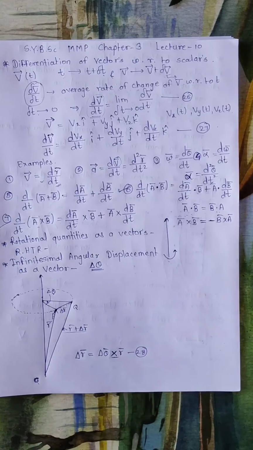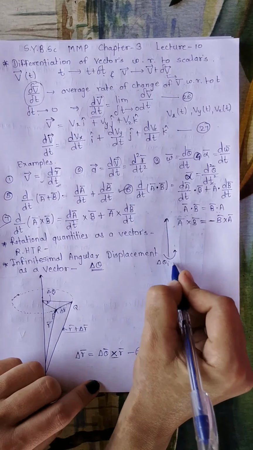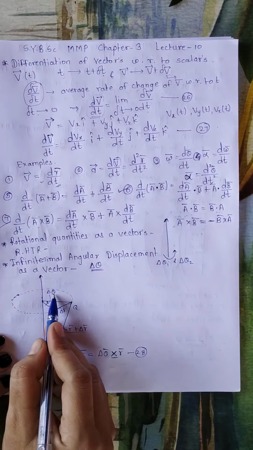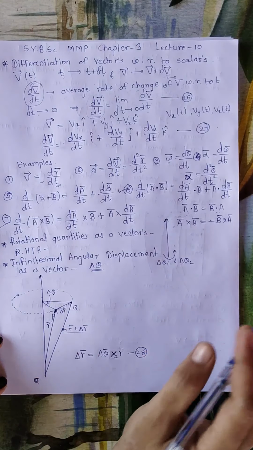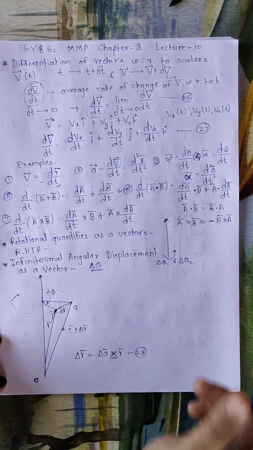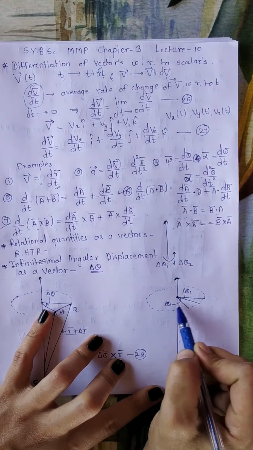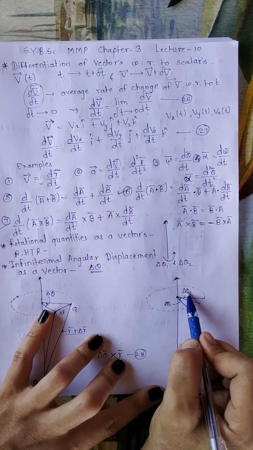Now again, if we consider two successive infinitesimal angular displacements, given by delta theta 1 and delta theta 2 — in this case we have considered only one displacement. Now we will consider two infinitesimal displacements. So let's draw the figure for this. These are the two infinitesimal displacements that I have considered as delta theta 1 and